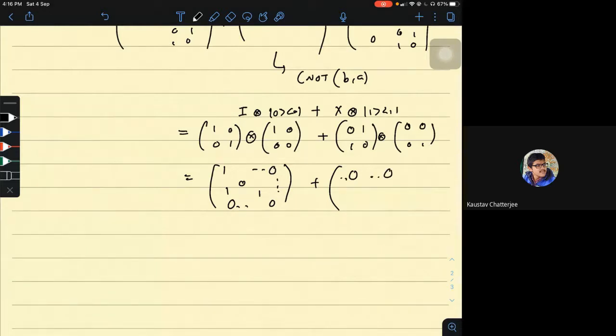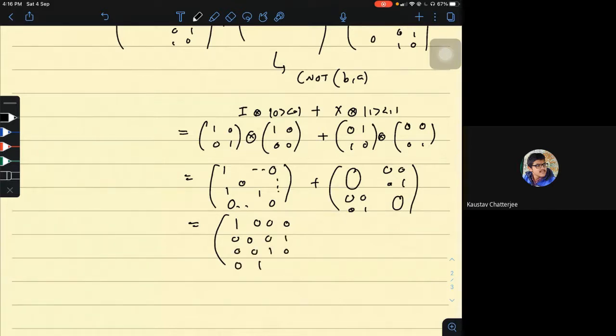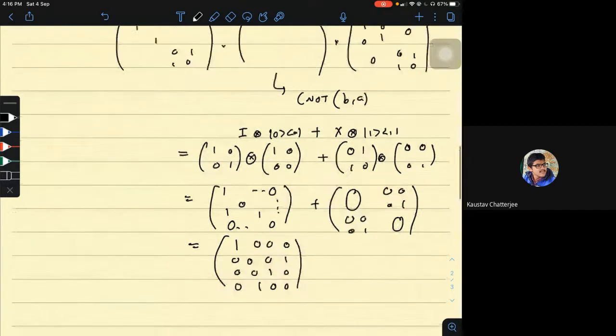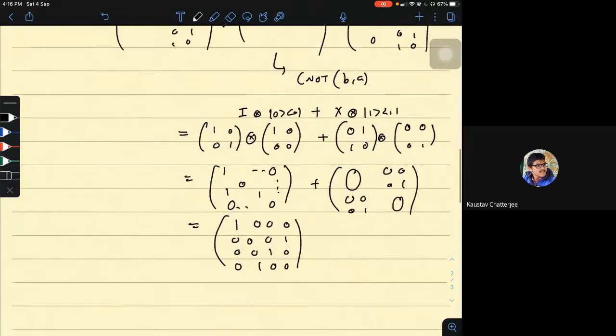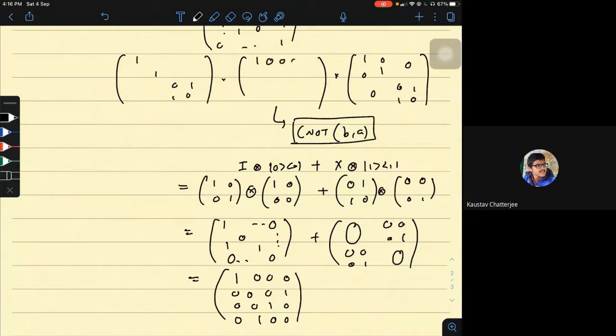I get zeros over here also. Sorry, I get zeros over here. I get 0, 0, 0, 1. I get 0, 0, 0, 1 here. I get full zeros here. So if I add this, the form which I get is 1, 0, 0, 0, 0, 0, 0, 1, 0, 0, 1, 0, 0, 1, 0, 0. So this is the flip version of C naught, that is C naught BA. So adding this here, I get,